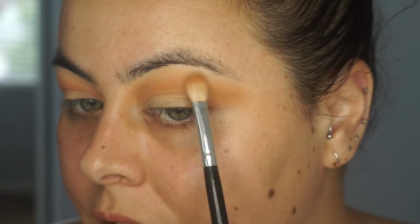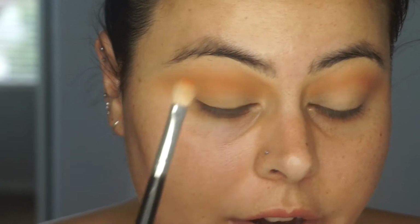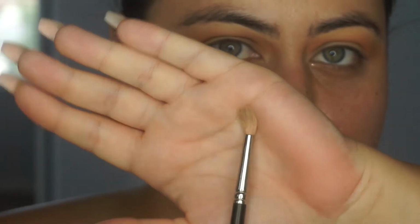So we've got that beautiful peachy warm colour all the way through that crease. So I'm going to go in with an even smaller brush. This is a 221. It's very, very small. It's very stained because I use it all the time. And I'm going to take,